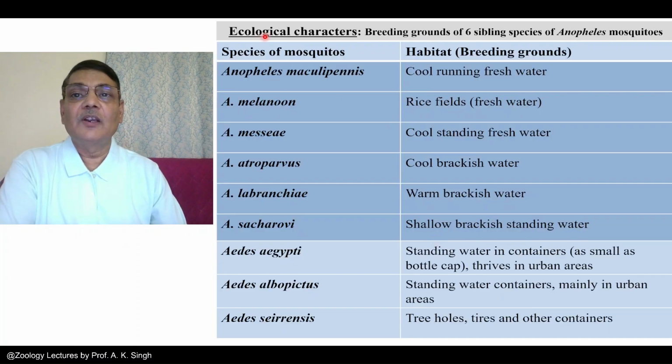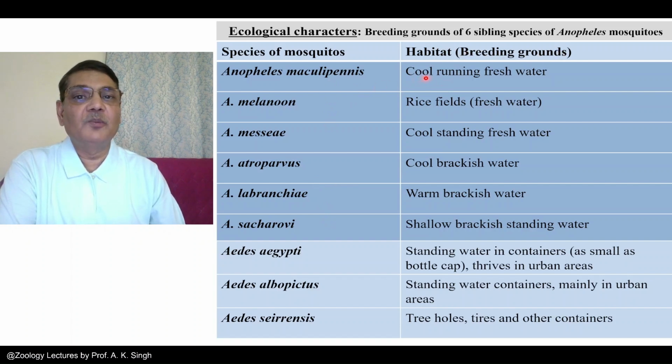Then you can consider ecological characters for taxonomic purpose. And here breeding grounds of 6 sibling species of Anopheles mosquito is shown. See in this case 1, 2, 3, 4, 5 and 6. 6 different species of Anopheles are shown, like Anopheles maculipennis, Anopheles melanone, Anopheles messi, Anopheles atroparvus. So these are 6 species of Anopheles, and the habitat, that is their breeding grounds, are